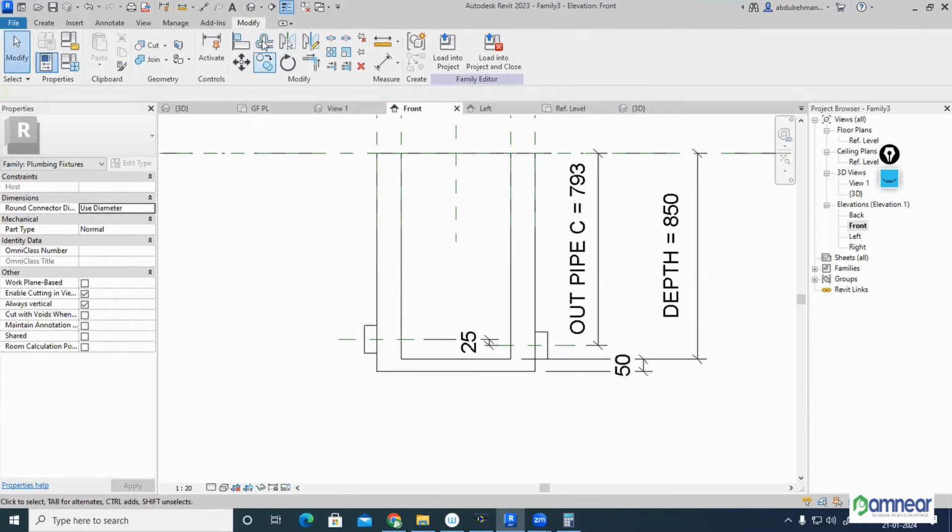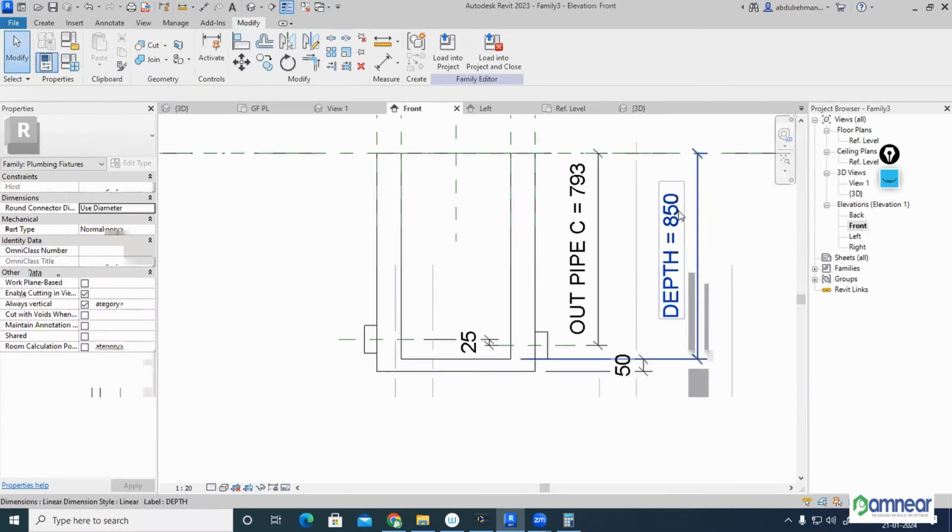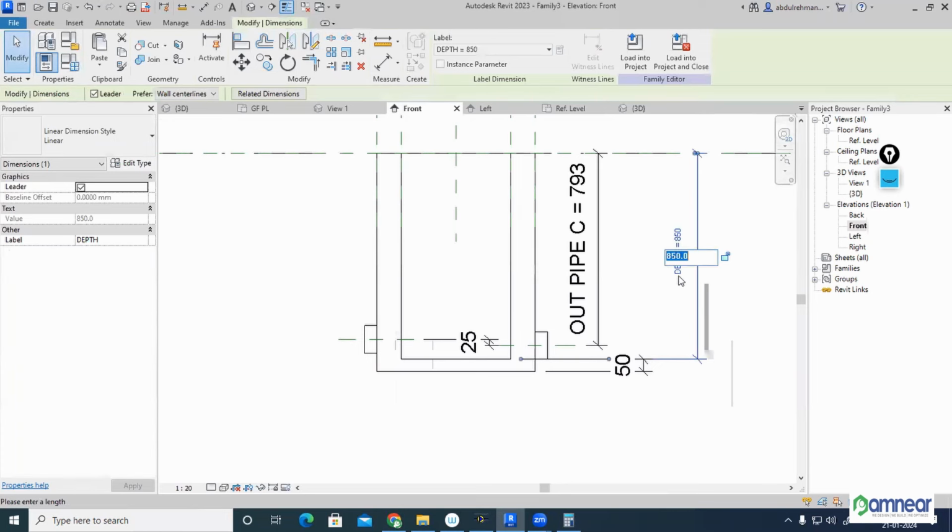Now you can see this is the inlet and outlet. When you change the depth with respect to the site condition, because normally for a drainage pipe we have to assign a slope, right? As per IPC, for pipe diameter up to 2.5 inch, the slope should be 1/4 inch per foot, or what we used to call a 2% slope,